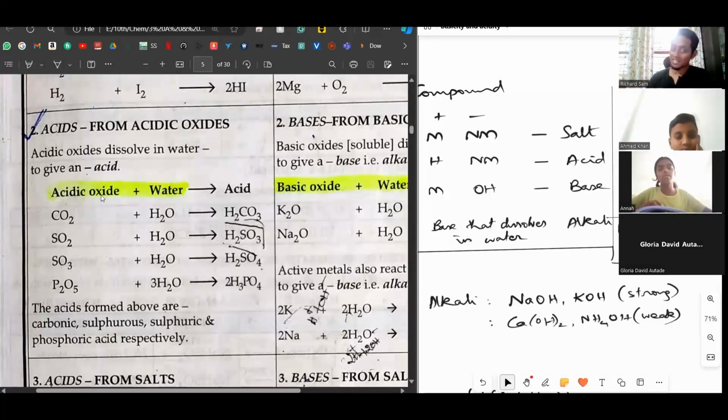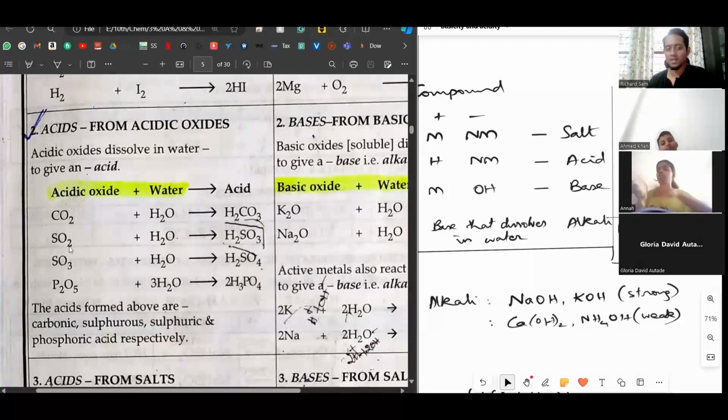But why do we call it acidic oxide? They form acids. When you mix them with water, see, they're all gases, okay? When you dissolve these gases in water, what do you get? You get acids. That's why these oxides are called acidic oxides. Okay, so let's see what are the acids formed. Carbon dioxide plus water forms